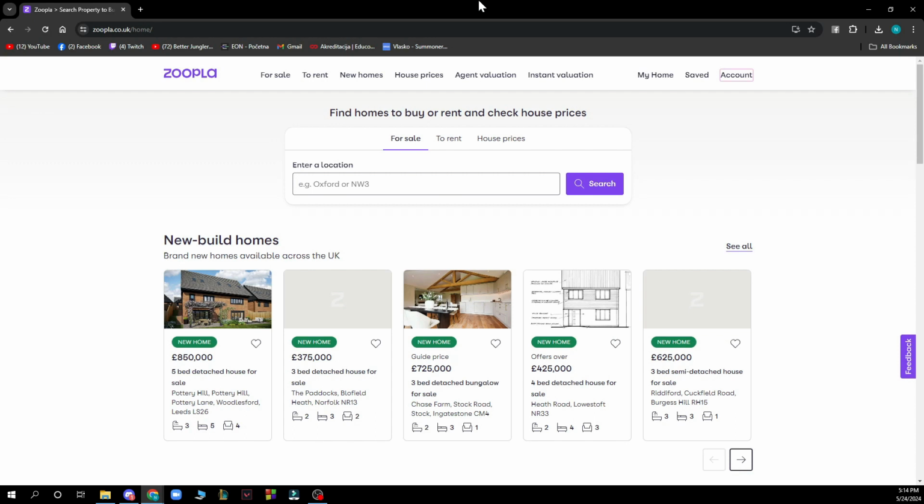Now guys, that we got that out of the way, let's see what we actually have in front of us here. So as you can see, we have the Zoopla official website where we have some houses for sale, to rent, we have new homes, house prices, we have agent valuation, instant valuation, and here we have find homes to buy or rent and check house prices, where you can also see for sale, to rent, and house prices. And you have the search box where you can go and enter a location